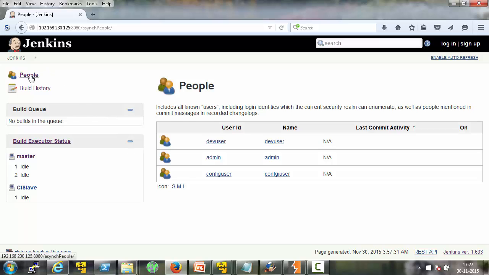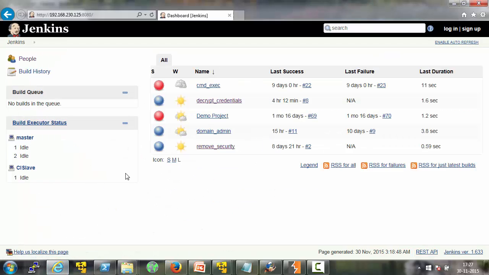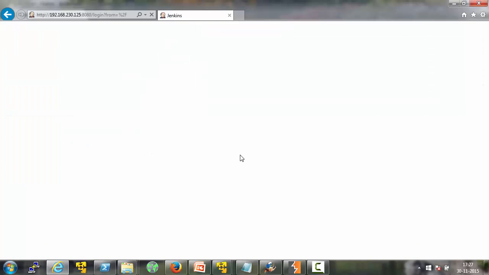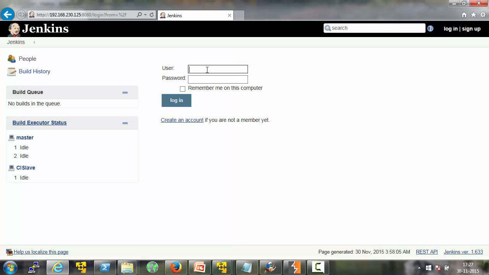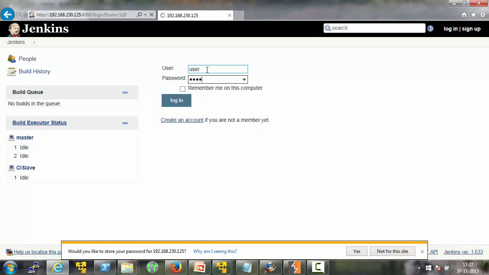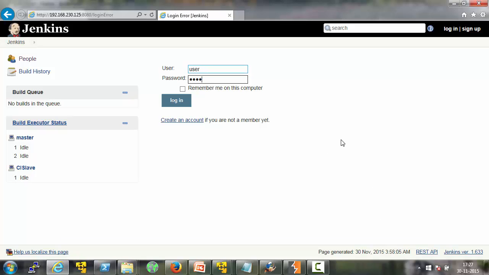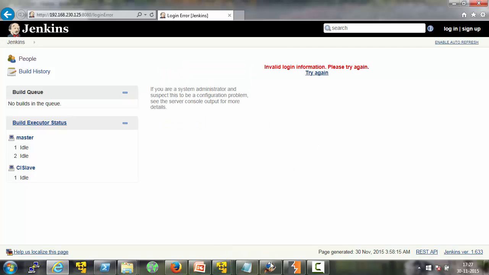Now, to brute force Jenkins, we are going to use Burp Suite's Intruder, and therefore we must capture a login request. So let's just use something like user and pass and try to log in. So we got an error,